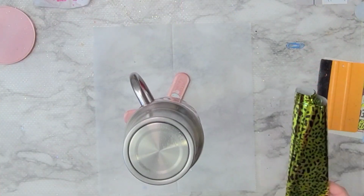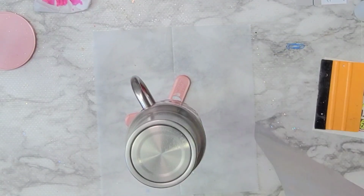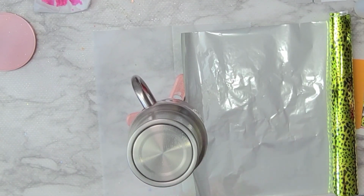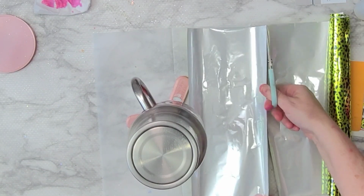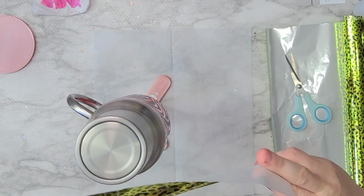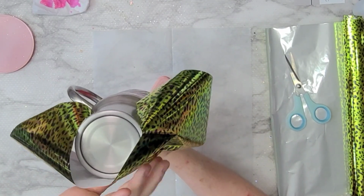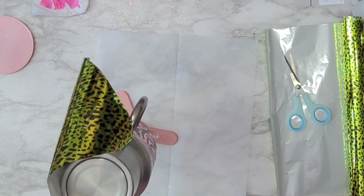Hopefully you do. So after I let that sit for about an hour, give or take, I was doing other things, so I didn't really time it, but it was an amount of time equivalent to about an hour. And then I just cut off a piece of that cheetah print green